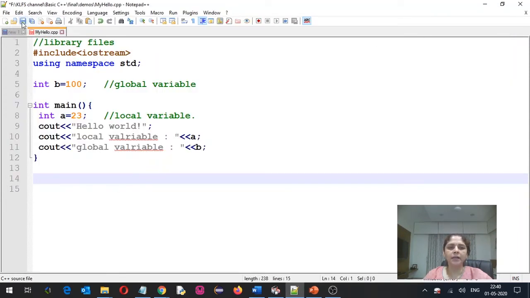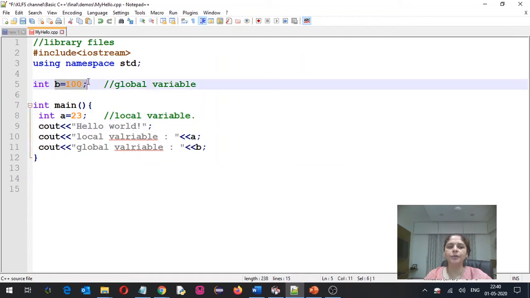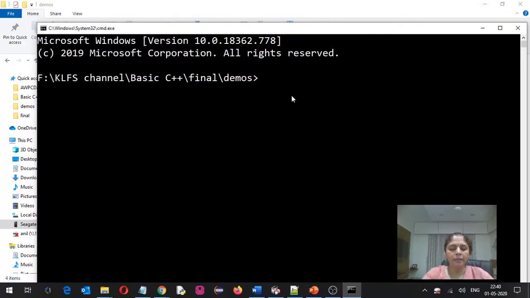The reason behind it is I did not save the program. After making changes in the program, I did not save it. So I am saving this program, and then I am recompiling and rerunning that program. So how to compile it? g++ myhello.cpp -o myhello.o.